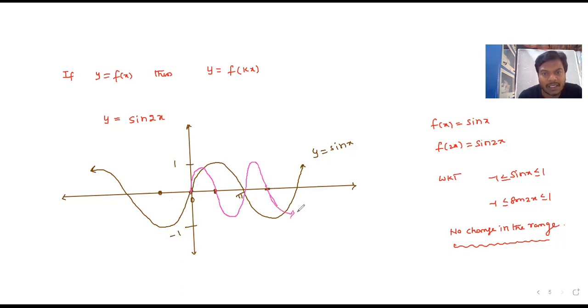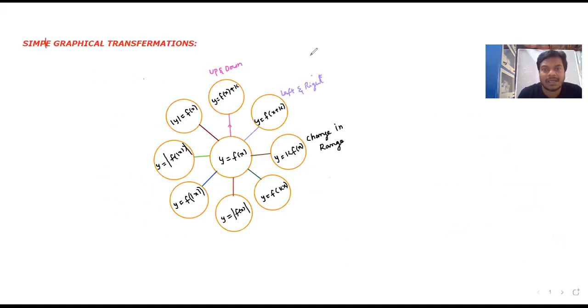This is the graph. And here is the graph of y equal to sine of 2x. From these two graphs, what we observe is there is no change in the range, but the graph is compressed by pi by 2 units. Depending upon the constant, the graph may compress or stretch. So here I am going to write